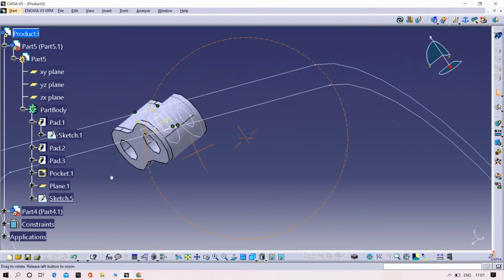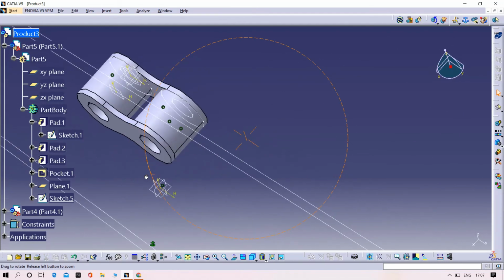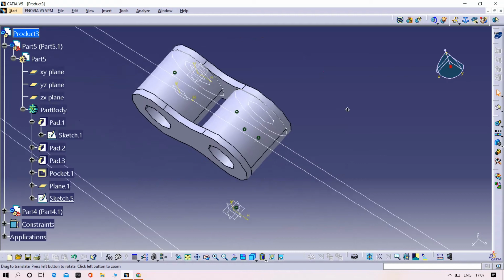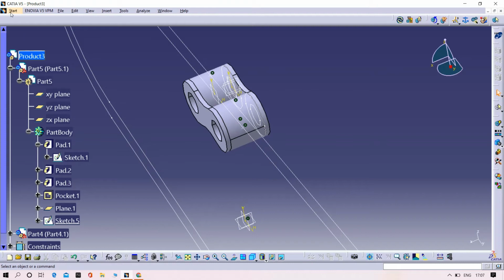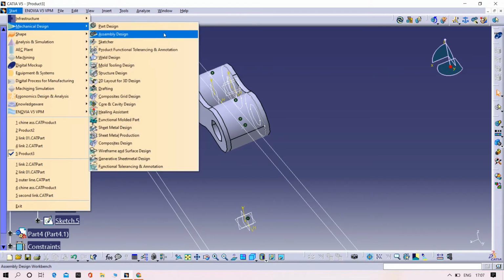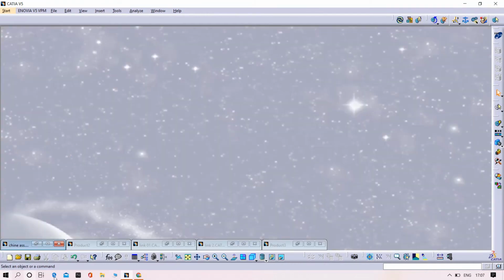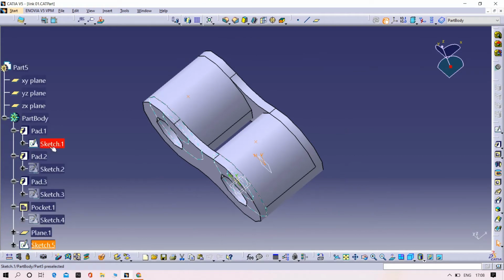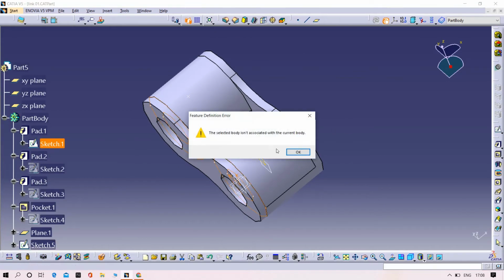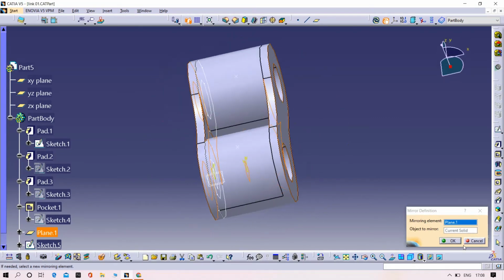Height to show. Not an issue. We will transfer it. If you want, we can go to, or else open link 1. It is there. Then select the sketch, transfer, into there. Not an issue.